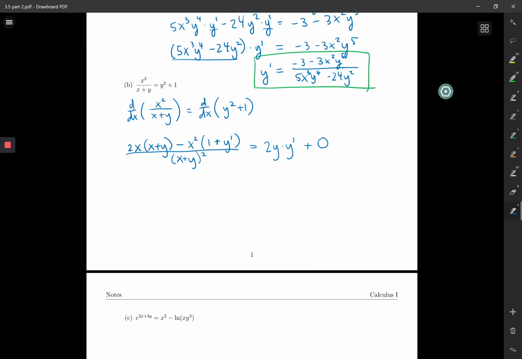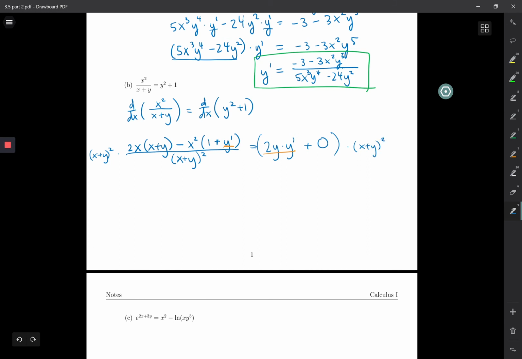Okay, so looking through here, trying to identify where we have y prime, we have this term, which includes y prime, and then we also have a y prime here, but it's sort of wrapped up in this product. So what we should do is probably multiply this out so that we can get that y prime term by itself. And just to simplify our calculations, I'm going to multiply both sides by x plus y squared so that we're not dealing with a fraction, right? So I'll go ahead and do that part. So it would be this whole thing. Of course, this is just 0, but